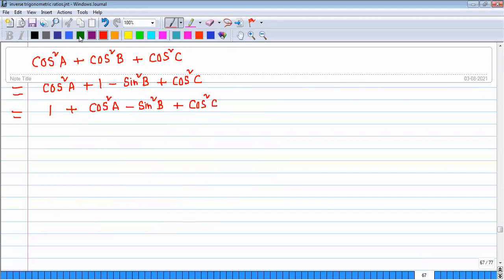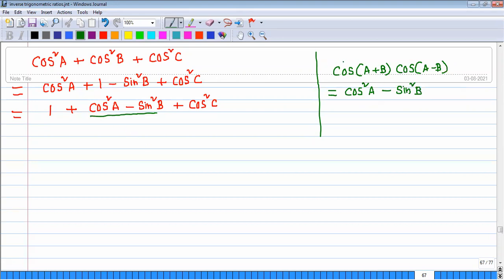In compound angles, we have studied one formula. I will repeat that formula. Cos of A plus B multiplied by cos of A minus B is equal to cos square A minus sin square B. Am I correct? This is a formula we have. So that means instead of cos square A minus sin square B, we can write cos of A plus B into cos of A minus B. So 1 plus this can be written as cos of A plus B into cos of A minus B